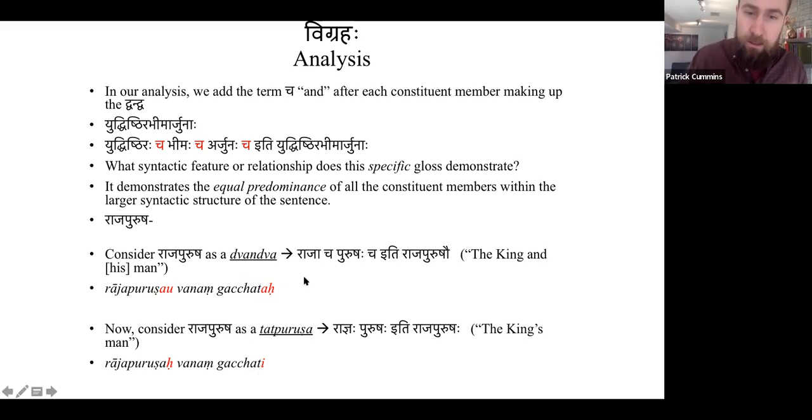And our glosses capture these facts. So the gloss here using the genitive affords and allows it so that only the puruṣa, which is at a higher structural level in the syntax, participates in the event of going. Whereas using these chas in our gloss shows that they're both on equal footing and they both participate in the event of going. Does that make sense? Okay, great.